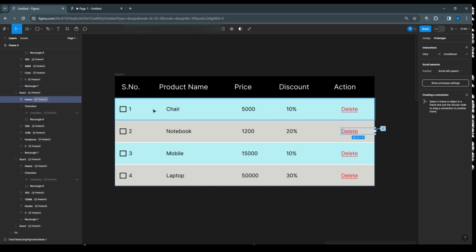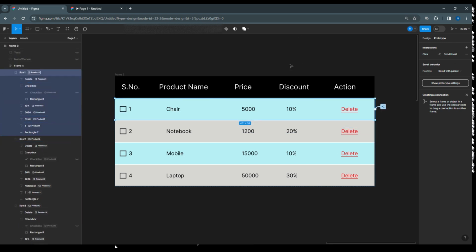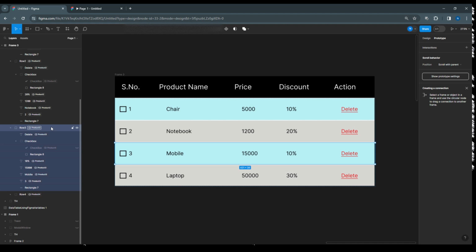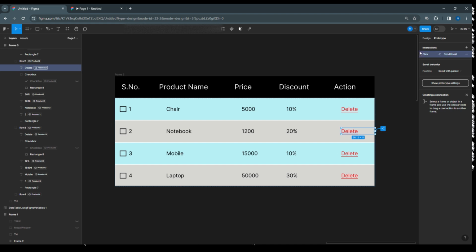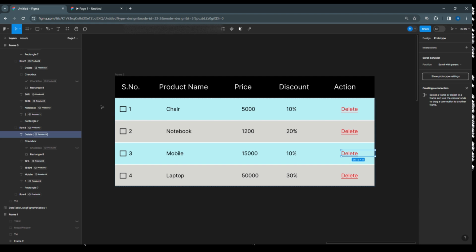The same way I'm taking again this row 1 interaction, just copy this interaction and paste in row 3, and again I'm going to take the delete one, just copy this and paste for the row 3,